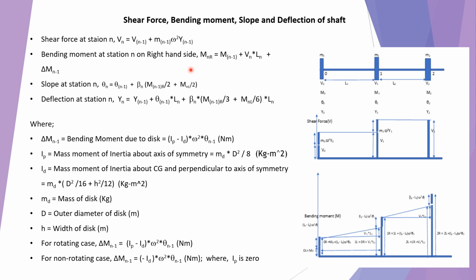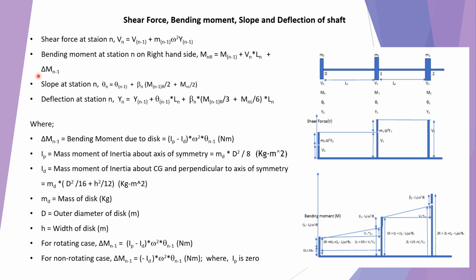So each station has now two bending moments, one on left hand side which is denoted as L, and another on right hand side, which is denoted as R. So at station n it is MnR equal to Mn minus 1 plus Vn into Ln plus delta Mn minus 1. So this delta Mn is bending moment of the disk, bending moment due to consideration of mass moment of inertia